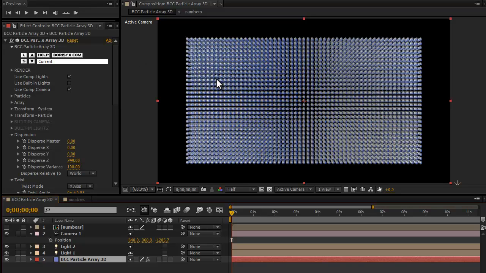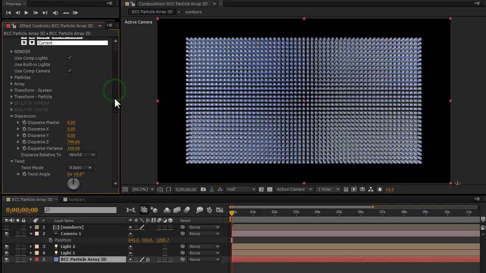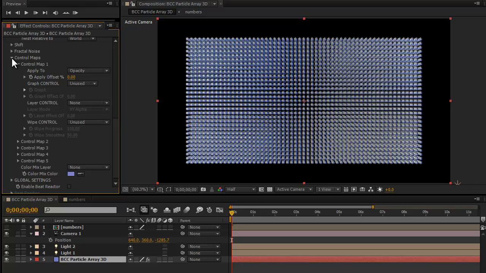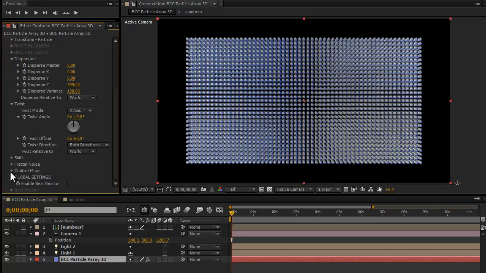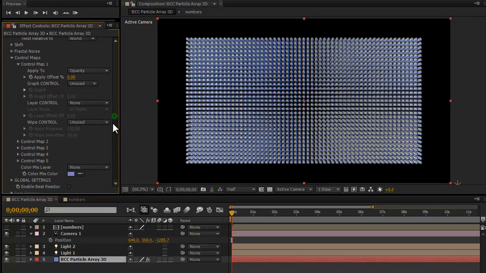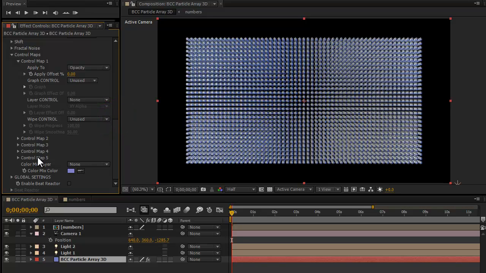So back to Particle Array 3D, and if I scroll down, there's this group called control maps. Underneath here is a bunch of stuff. There are actually 5 control maps available. By default, it's like this. It's not used. So if I set the control map to do opacity,